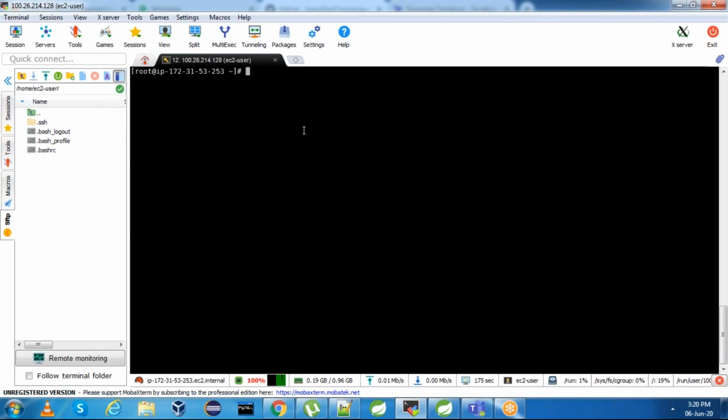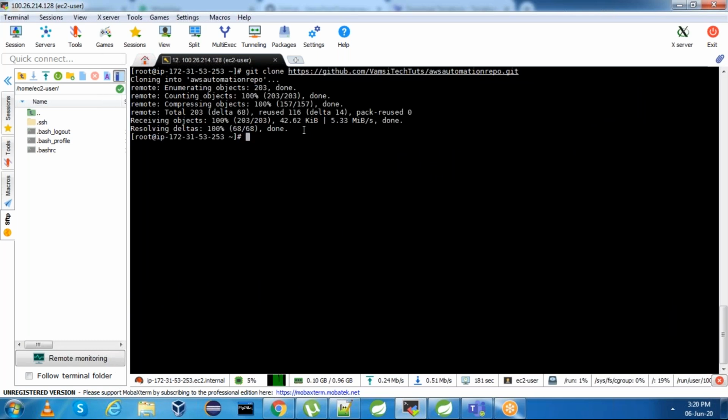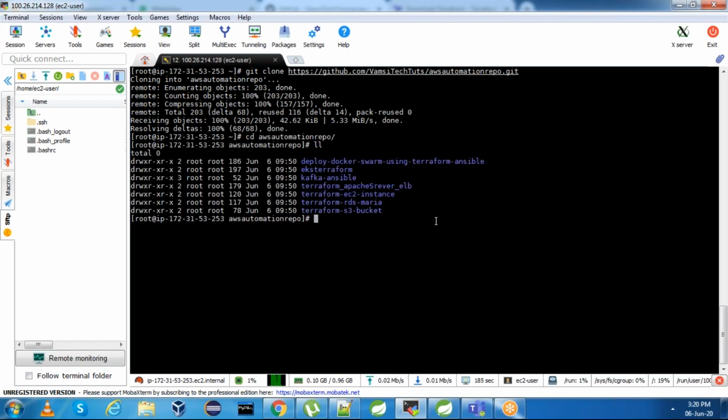Git is installed. Now you can say git clone this repository. Go into the repository, and here we have different folders. Go into Terraform EC2 instance.